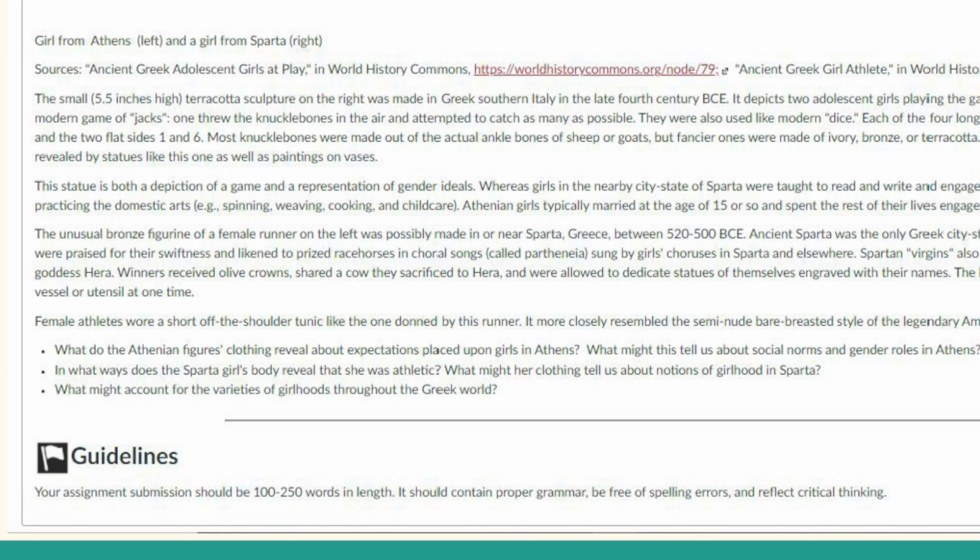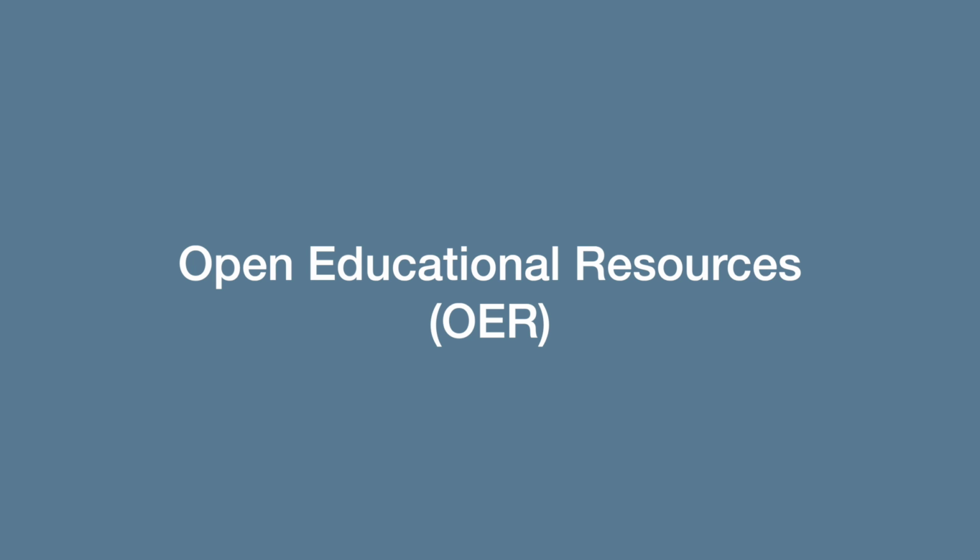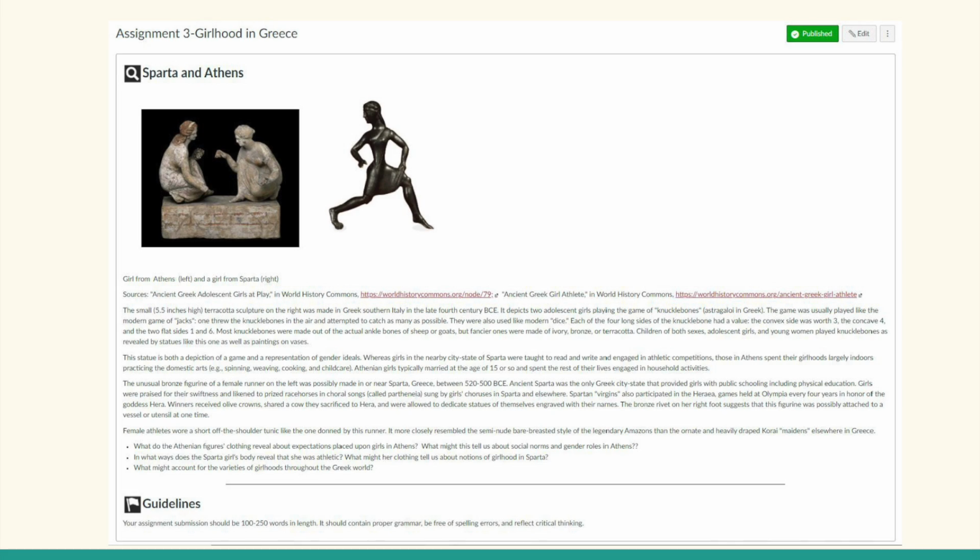The nice thing about OER is that you don't just have to reuse things as they are. You have the opportunity to revise and modify any of these sources and remix them and make them your own. And so I can bring those together. I can copy and paste, of course, attribute where the source is from, but copy and paste any text that